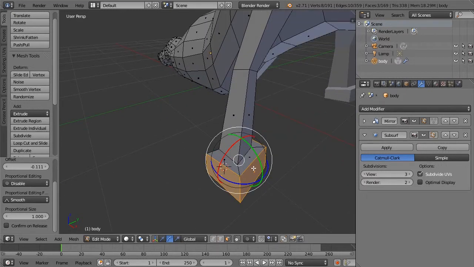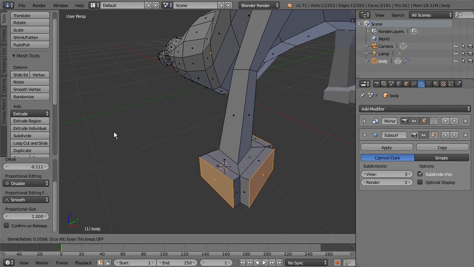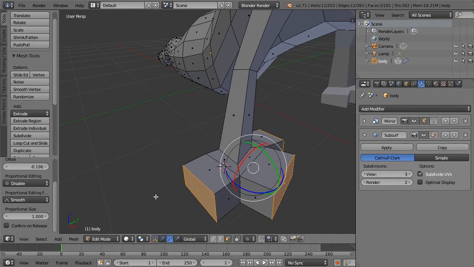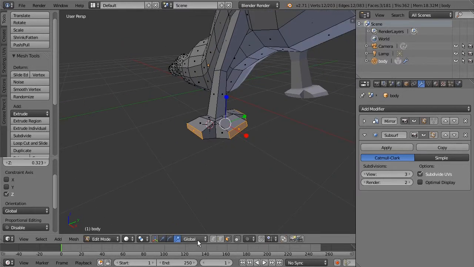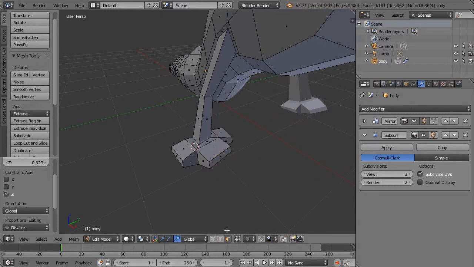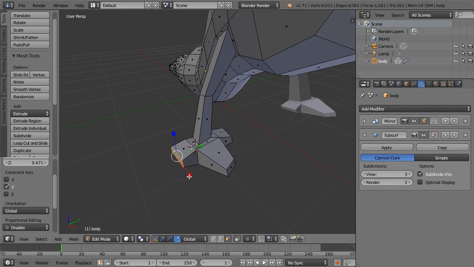Now I'd like to extrude out some individual toes. So if we do extrude individual, that will allow us to extrude each of these faces individually. Then we can come in here and kind of scale those down a little bit. And then if you want to grab each individual face, let's actually do that. Just grab the face. And then we can kind of pull it forward. And we can come in here and kind of scale it down a little bit. And we can do the same thing here